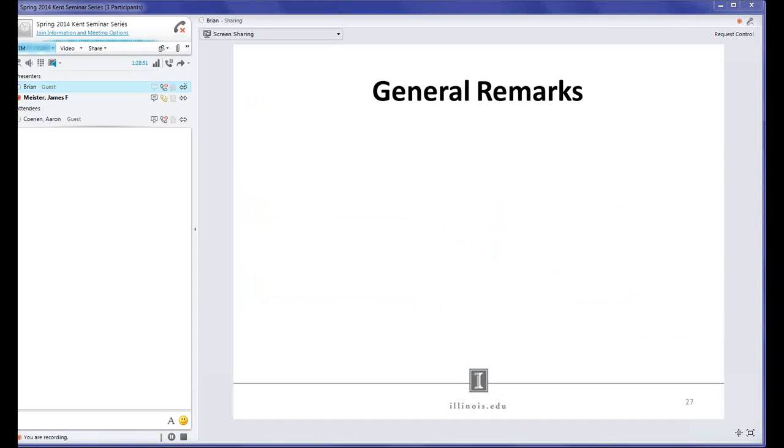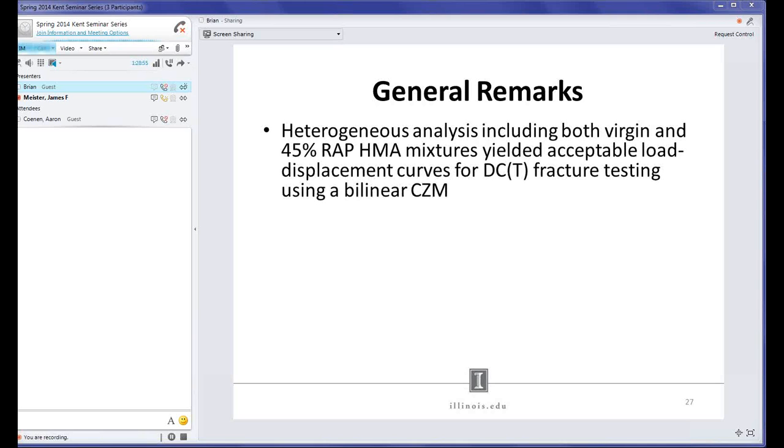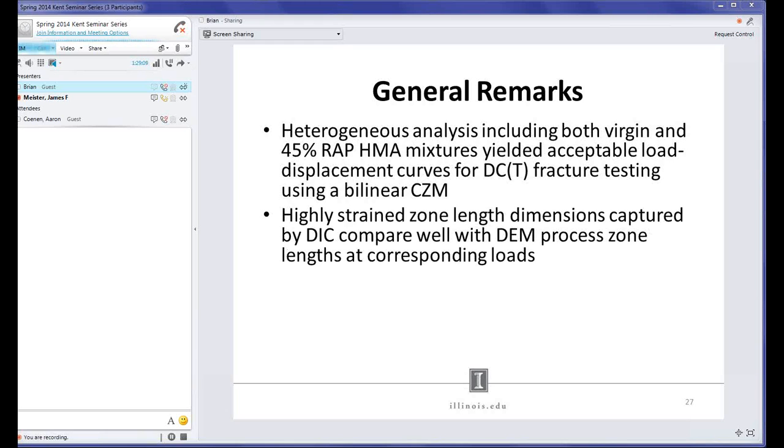And then these general remarks are just based on the second section of this presentation, but just showing that heterogeneous analysis, even if it is an elastic simulation, which can be done pretty fast, we can do it in about 2 hours, it does a pretty good job going through and matching with a bilinear CZM in discrete element modeling. We were able to match the zone lengths with DIC and DEM pretty well with some pretty quick